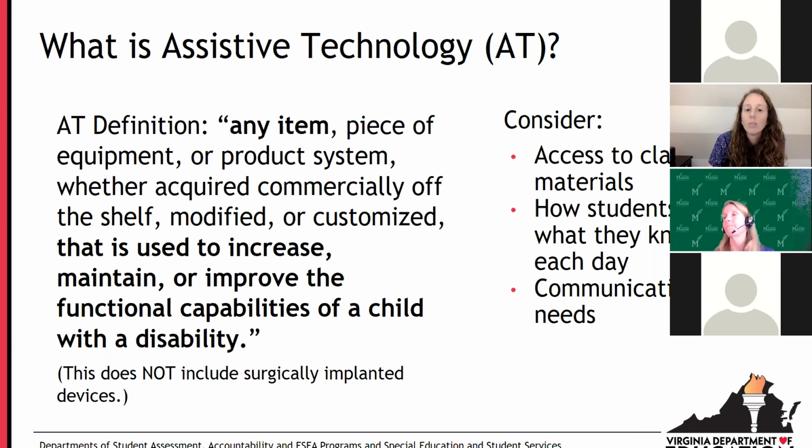AT that is used and trialed is a very individualized decision based on your student's strengths and needs, their environment, and the tasks that they need to complete. The Virginia Assistive Technology Consideration Guide, located on the AT Network website, is a useful tool for IEP teams to use to think through AT decisions. A new version of that guide will be available soon that you can use and will be accessible on the Virginia AT Network website. Your division might have also developed their own AT guide that you could ask about and use to address your students' AT needs.